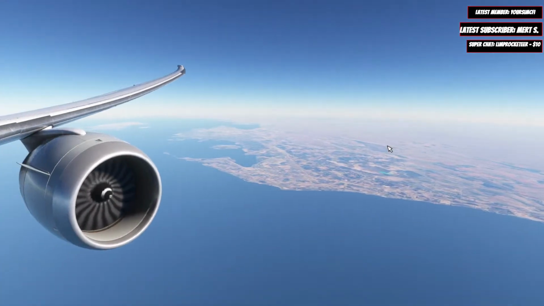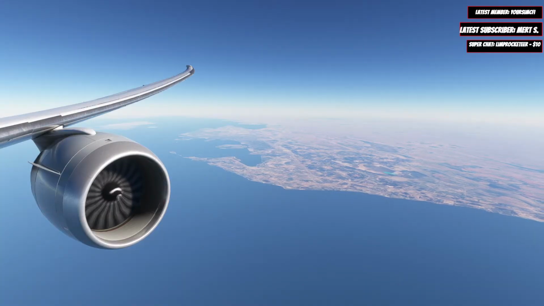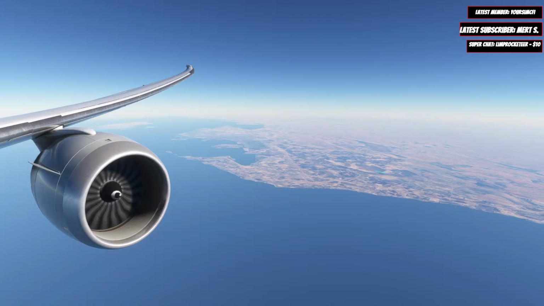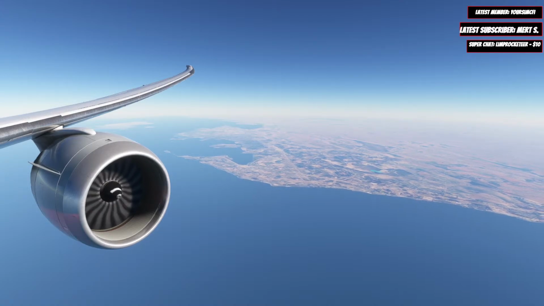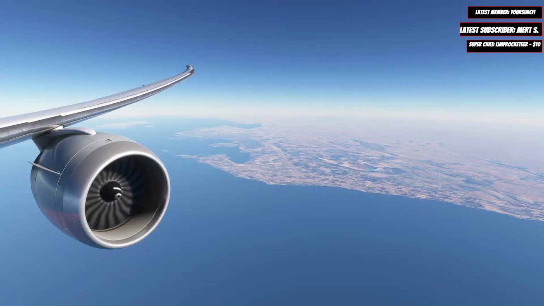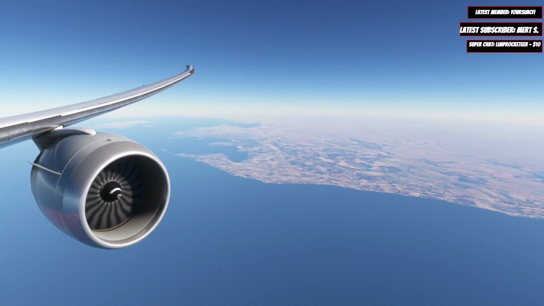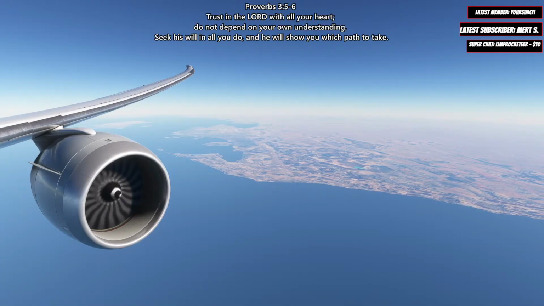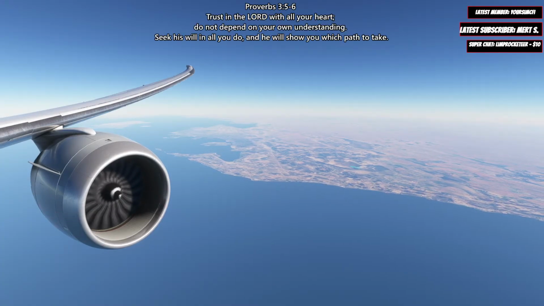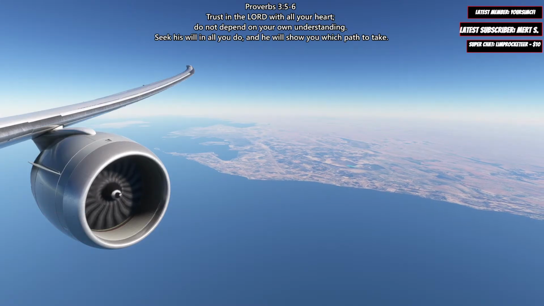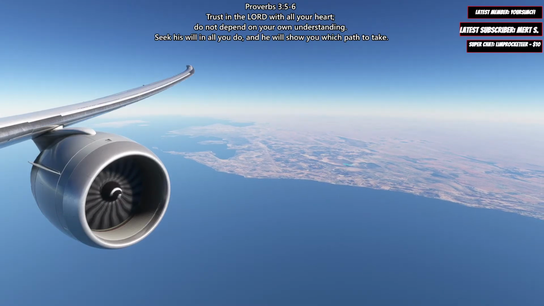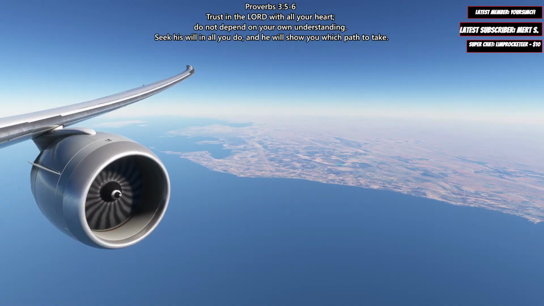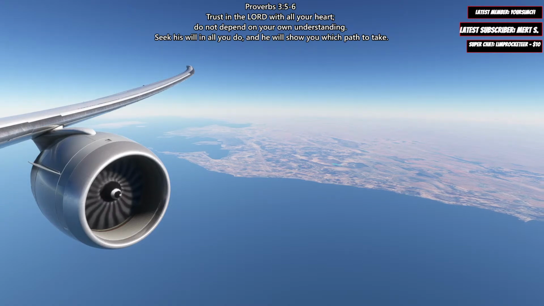Alright, coming up on our top of descent here shortly, we'll take a look at the verse of the day. It's coming from Proverbs, which is a great place to start reading the Bible if you don't currently. Proverbs and Psalms, that's where I started reading the Bible, I remember. Because the Psalms are literally songs of praise, so they would have been read like a song back in the day. And the Proverbs are just very wise. There's a lot of good. Like, all the Bible is good, obviously, but you don't have to